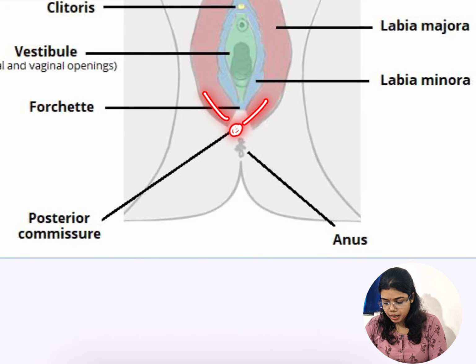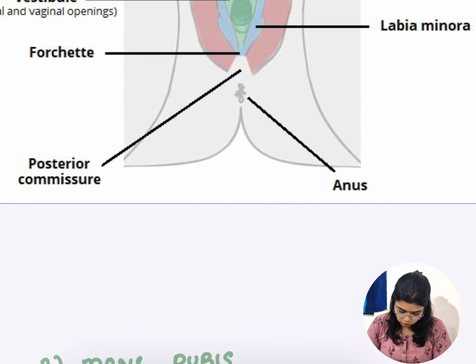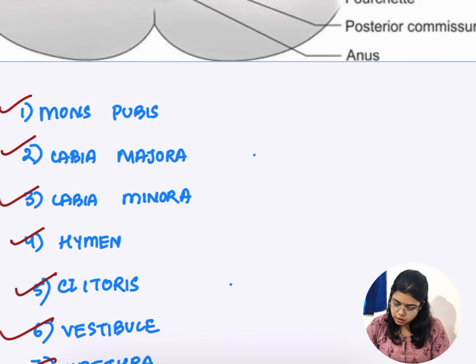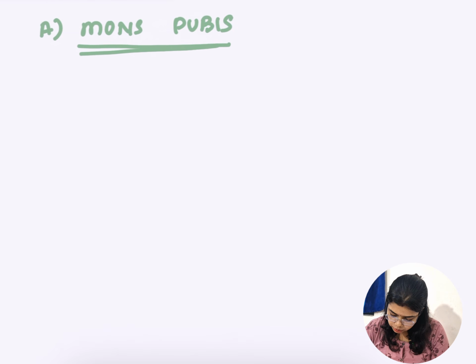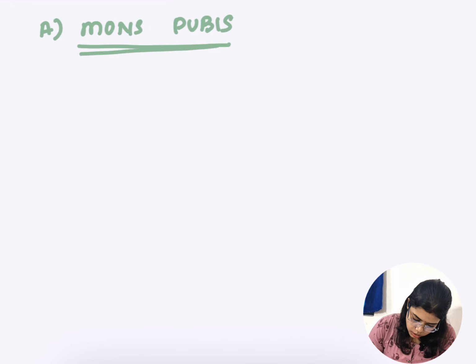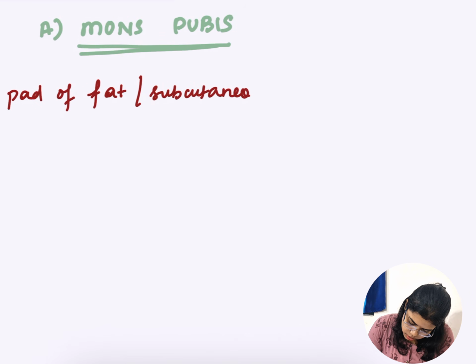Where the labia majora joins posteriorly to form the posterior commissure, which lies between the anus and the fourchette. Fine. Then coming to the mons pubis. So what is the mons pubis? I have shown you here. Let's write something about mons pubis. Okay. So first, coming to mons pubis, it is a pad of fat or subcutaneous tissue